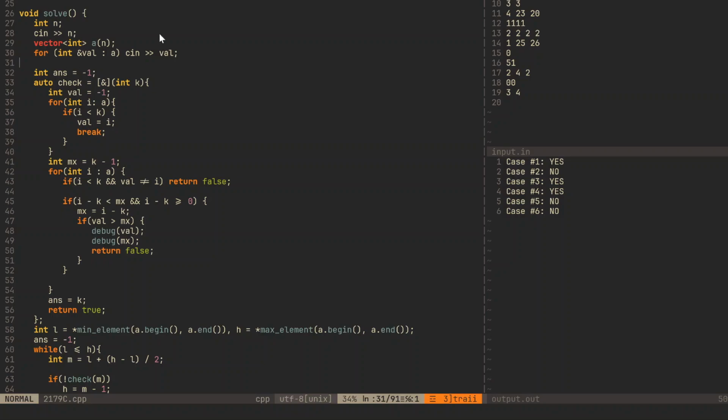So we will check this condition, and if it is verifying this condition, that k will be true,